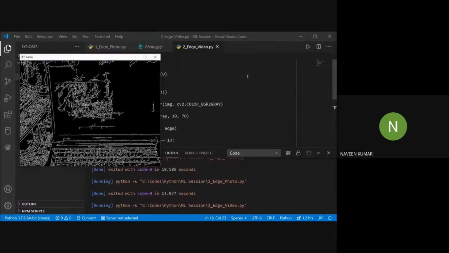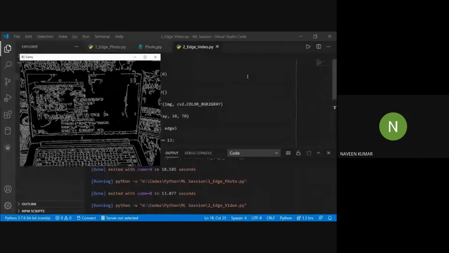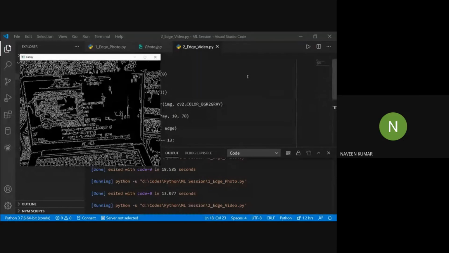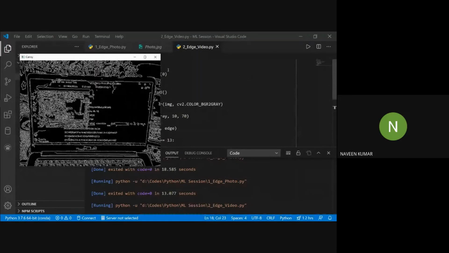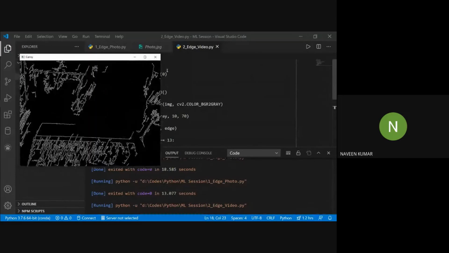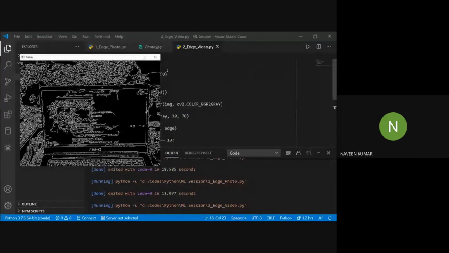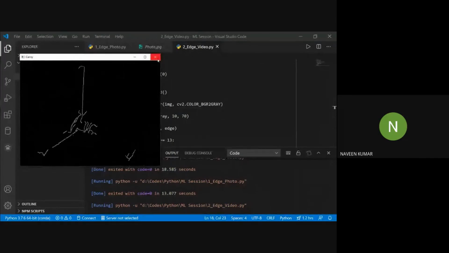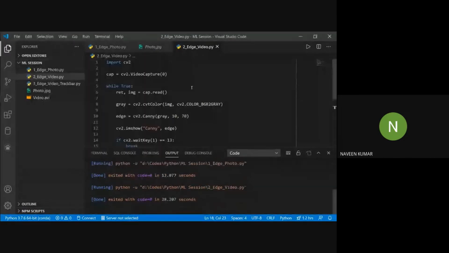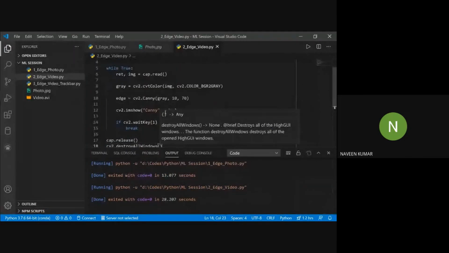So this is detecting all the edges live from my webcam. We can see they are still very noisy. So we can try changing the threshold values. When I press enter, it will close because I have put 13 here.